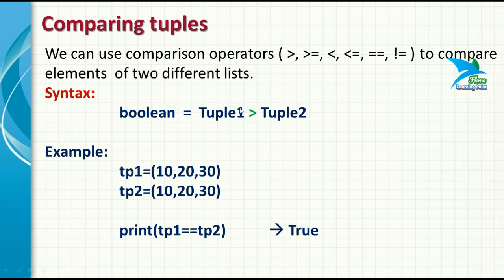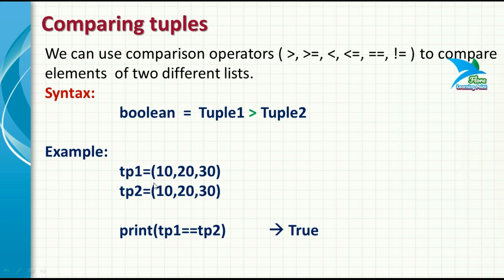As we know, when you use a comparison operator, the system will return a boolean value. So you have to specify the name of one tuple, then the comparison operator, any operator that you can use, and after that the name of the second tuple, and after the comparison the system will return